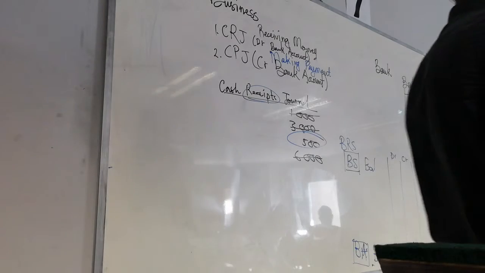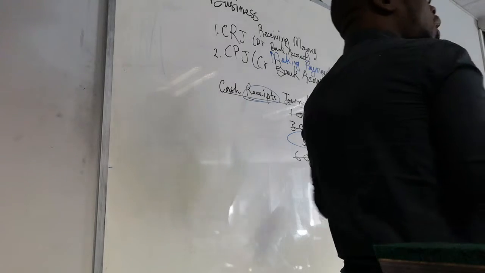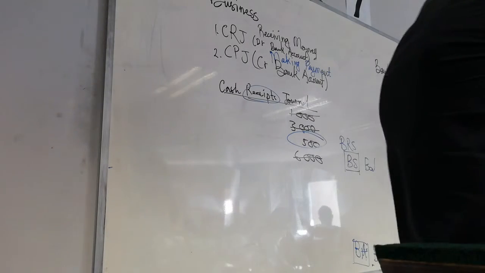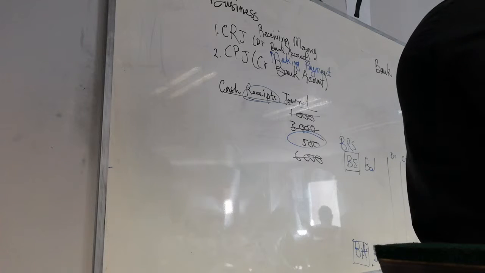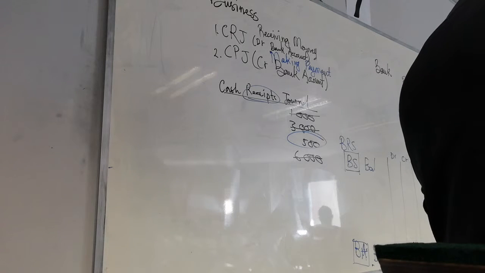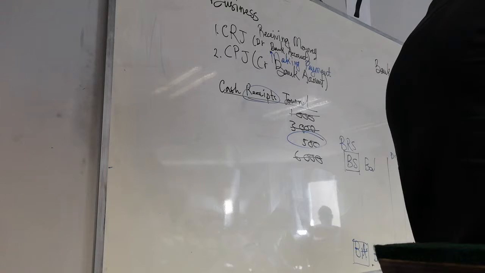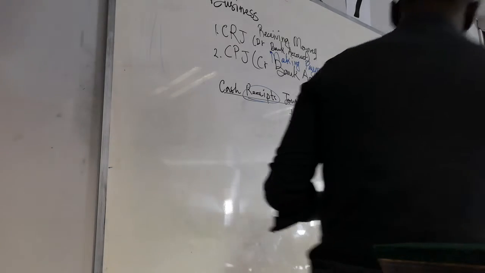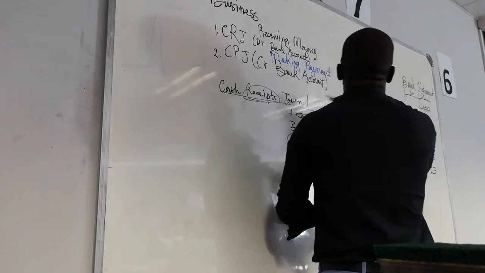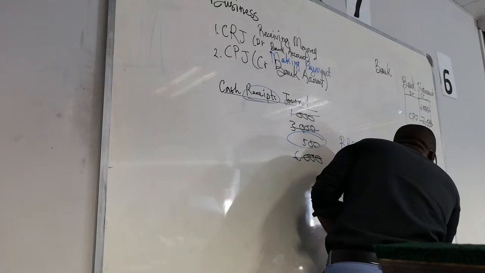We said that if we have money in the bank, we will say it's a debit balance. The bank account, if the business believes that they've got money in the bank account, it will be on the debit side. Remember, every time we receive money, will be on the debit side. We said that if bank is an asset, it must have a debit balance. If we've got money in the bank, or we believe that we've got money in the bank, we will come here and say that it doesn't matter what anything says, we know that we've got a debit balance. Let's say we've got 10,000.